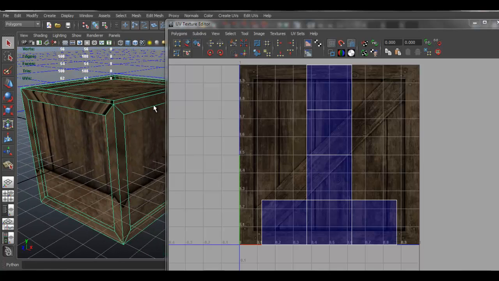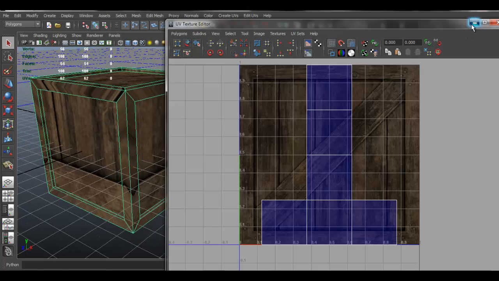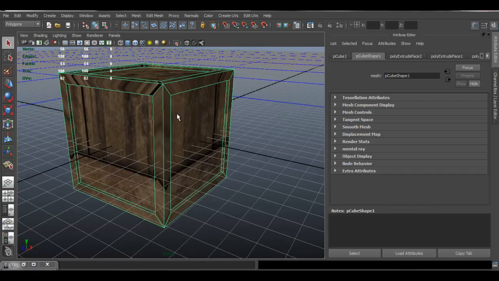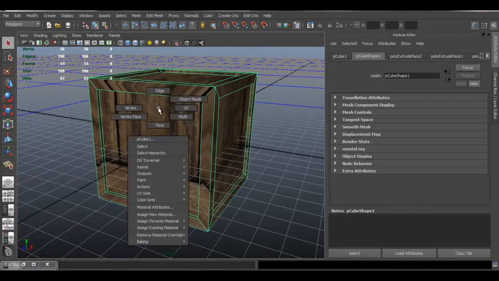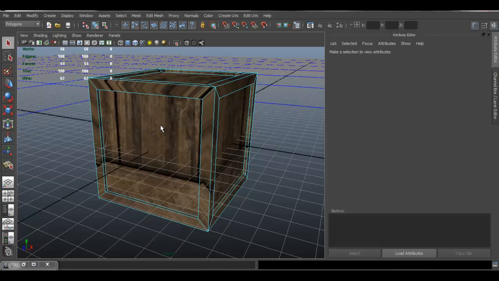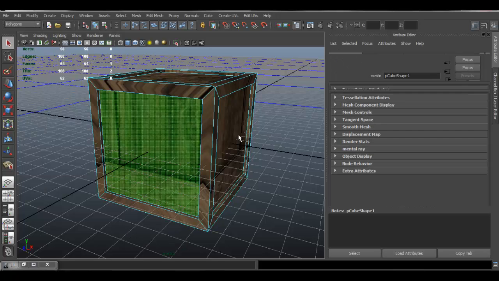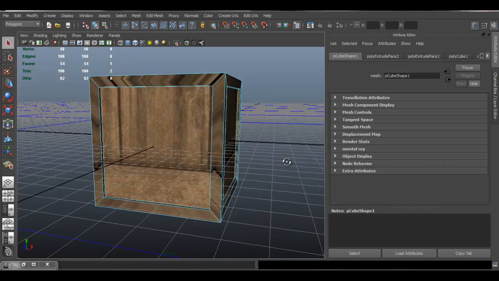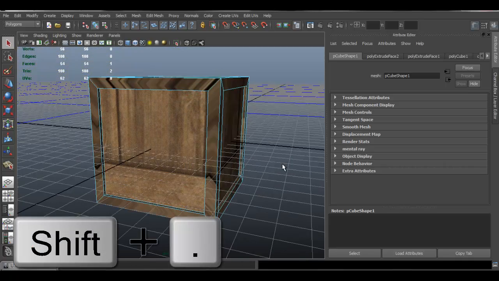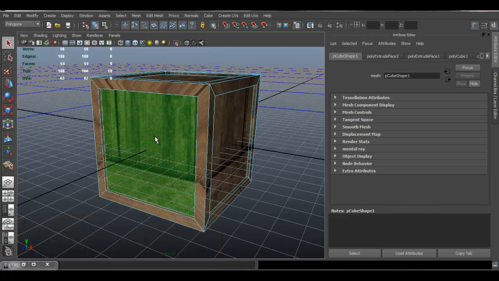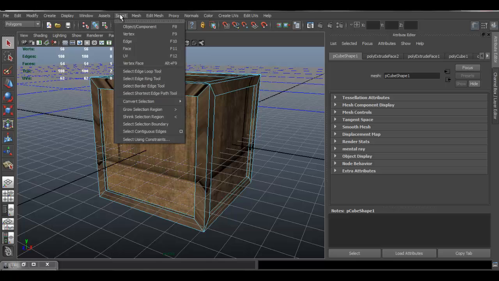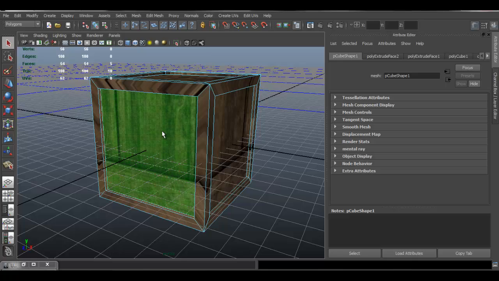Alright, so now let's go ahead and fix the situation here that we have. So what I'm going to do is minimize that window, and I'm going to select one face, hold down right click, go to face, click on that face so that you only have one face selected, and I'm going to press Shift dot. That increases my selection. I can also do this if I select that face, and if I go to select and I go to grow selection, and it's doing the same thing,